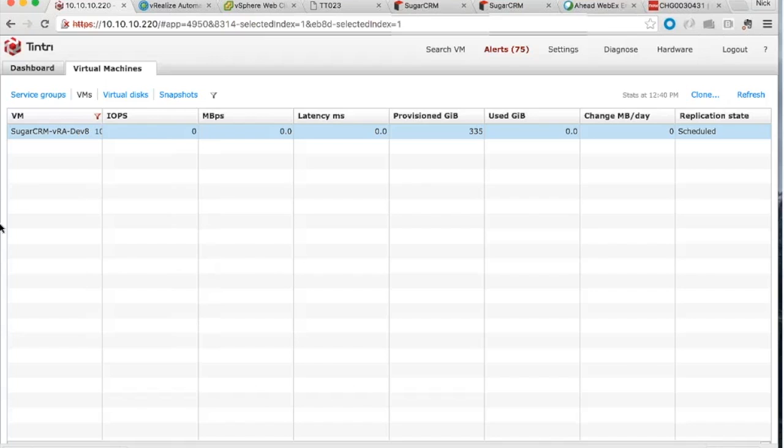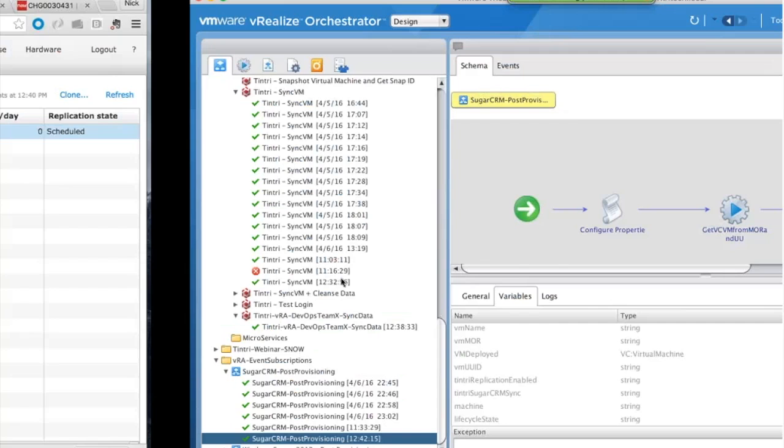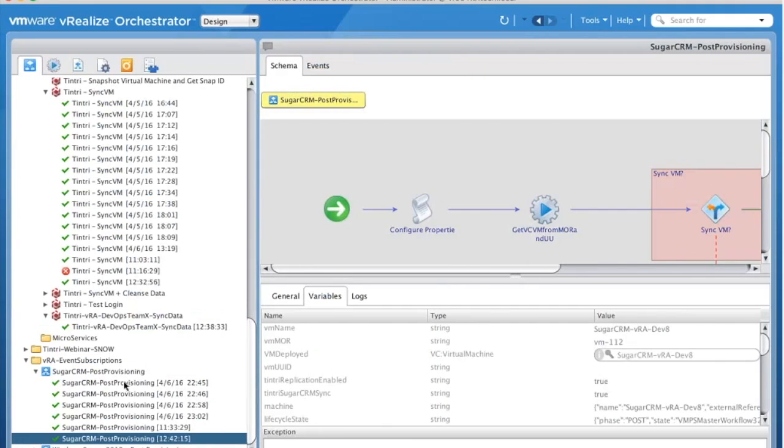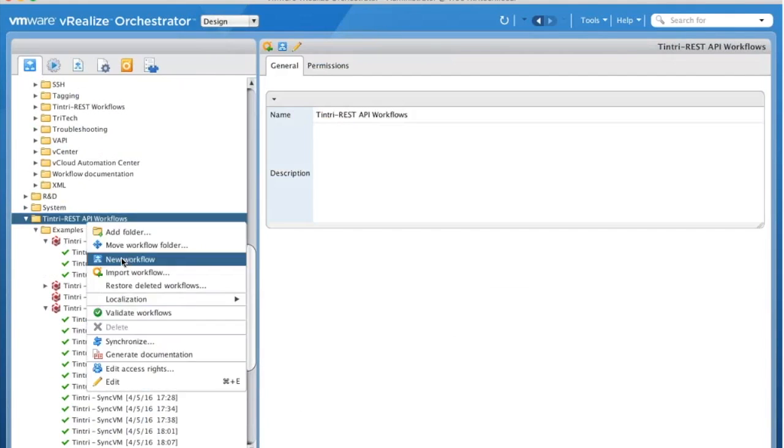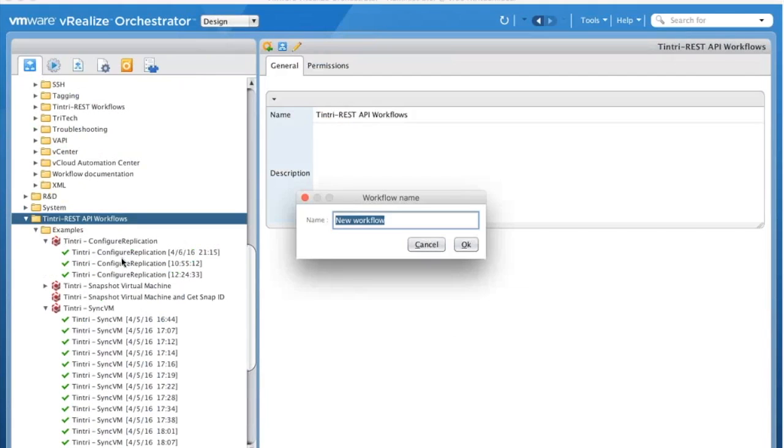Okay, so last thing we wanted to do very quickly, because I know we're pushing on time here, is actually just show you how you would go about building one of these workflows out. So I'll just do a very, very basic one here in vRealize Orchestrator. If you create a brand new workflow from VRO,